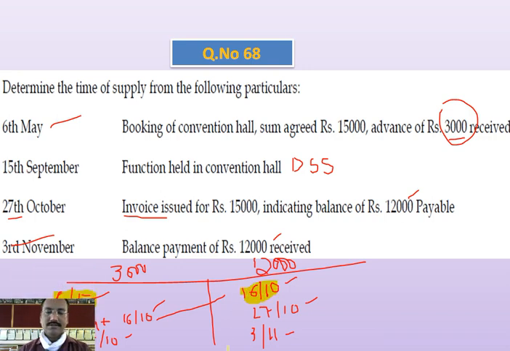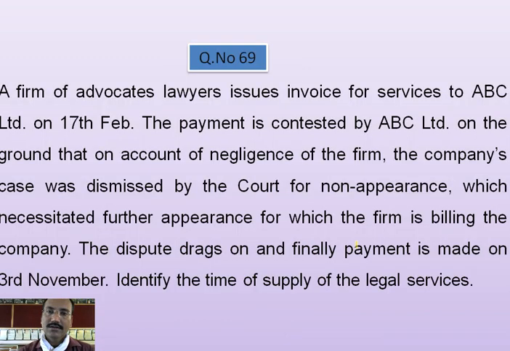So these are the 2 answers that you have to write in the solution. You write one answer for 3000 rupee, and one more answer for 12,000 rupee. You write the same as the table that I gave here, and just write the name here. Here you have to write which one this date belongs to. Example, date of issue of invoice, date of supply of service, like that. Then you write the date, then finally you conclude that time of supply for this 3000 rupee is, example, 6th May, and for 12,000 rupee time of supply is, example, 16th October. So I hope that is clear. You write the answer and send the answer to me.